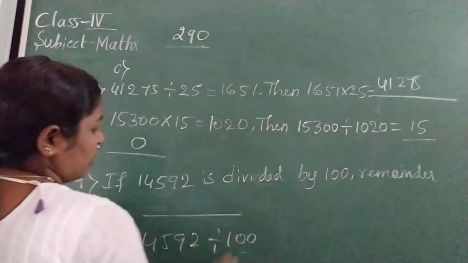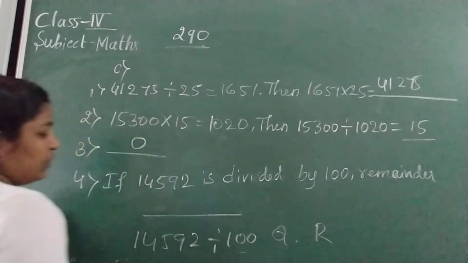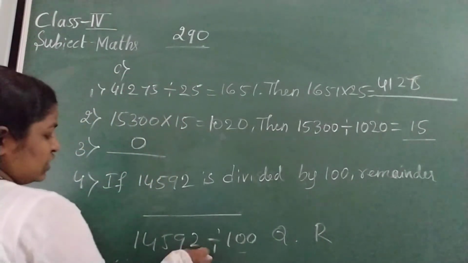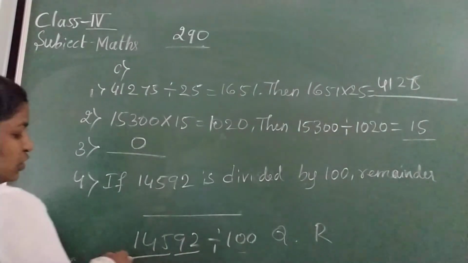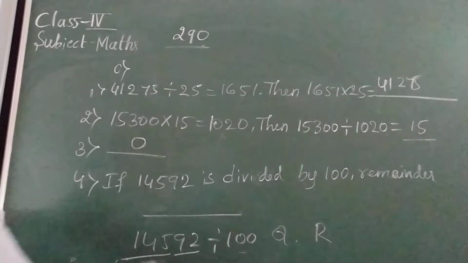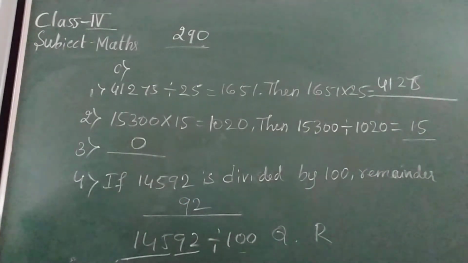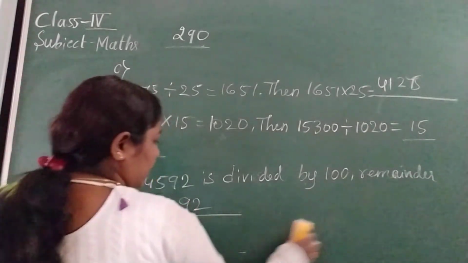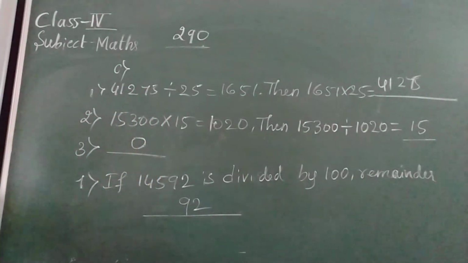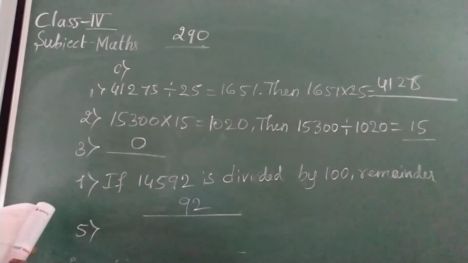Divided by 100. I told you already, quotient and remainder, what will be there? Think about zeros, only 2. So this will become the remainder and this will become the quotient. They are asking about the quotient, not the remainder. So the answer is 92. How many zeros will be there in the 100? That many digits you should separate from the dividend. Next, fifth. If